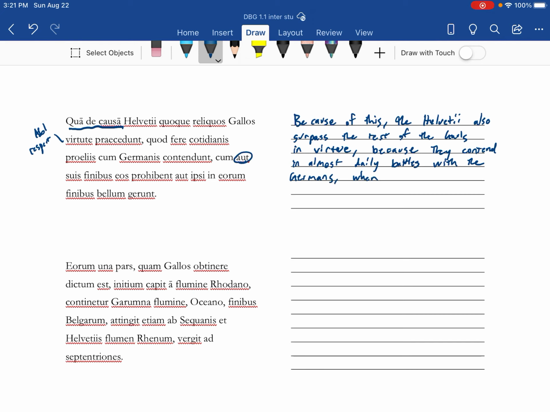When, if you notice, we got an aut and an aut. And the pronouns here in English will get a little bit messy. In Latin, they actually are very, very nice. Aut, either they repel them, those are Germans, and then the Helvetii, when they repel them from their own borders, or they themselves, ipsi,